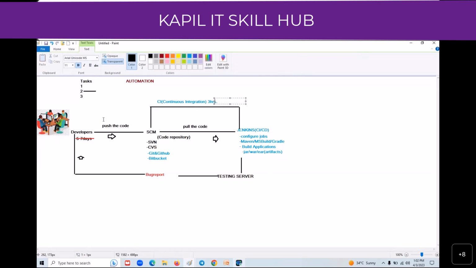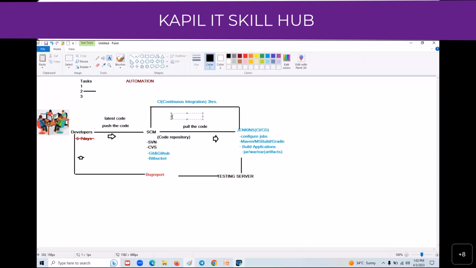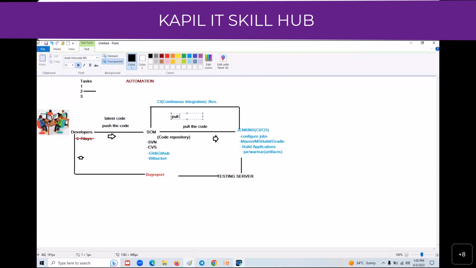Within these 3 hours, if any developer has pushed any latest code, Jenkins will automatically pull the latest code without manual intervention. This differs from organization to organization. Suppose in IBM it might be 3.5 hours, in Cognizant 4 hours, in Infosys 4.5 hours. You might be asking, sir, how do we know then?